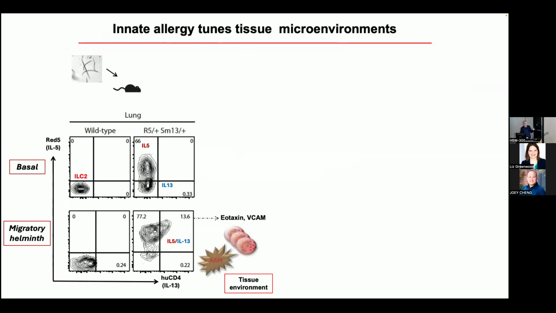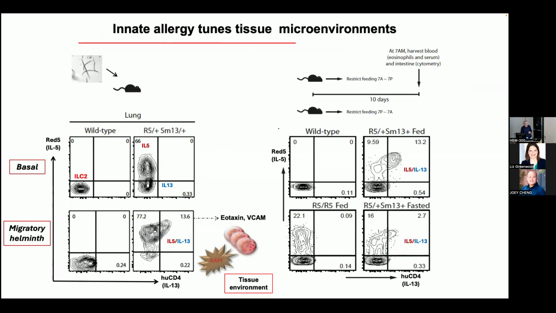So we figured we could sort out how the circadian rhythm was going, first by isolating it away from the metabolic rhythm. And Jesse did that by adapting mice to day and night feeding. And once they were adapted, he could look in fasted mice. And in fasted mice, you could see these cells aren't very activated. And when he gavaged food, 4 hours later, the innate ILC2s lit up. And that was surprising. And it didn't matter whether we reversed the light cycles or not. It had nothing to do with circadian rhythm. But we were very interested in this.